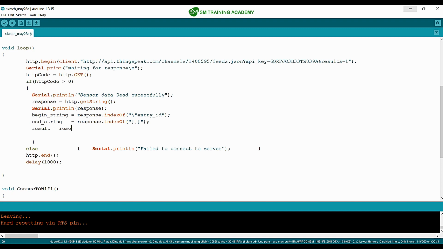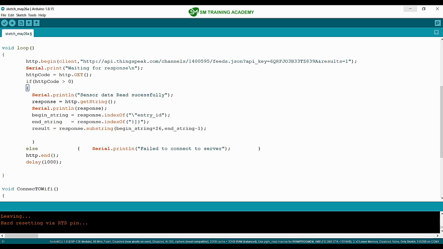I'm going to use the same response string variable and pick out the substring starting from the index begin string plus 26, comma, end string, which is the end address until which the string must be stored, end string minus 1.